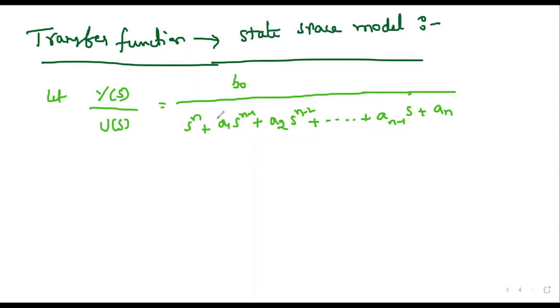Suppose you have this kind of transfer function, then you should convert it into a state space